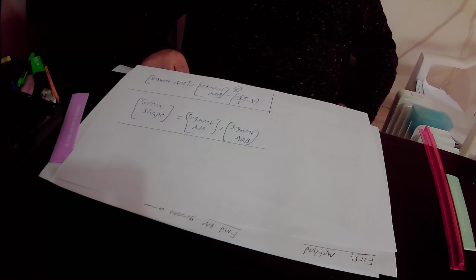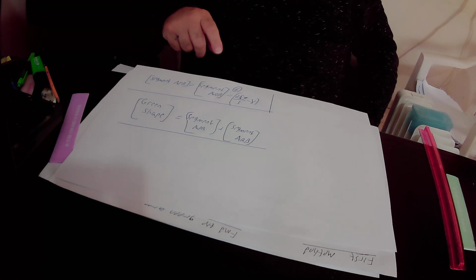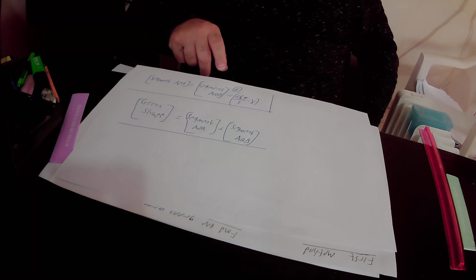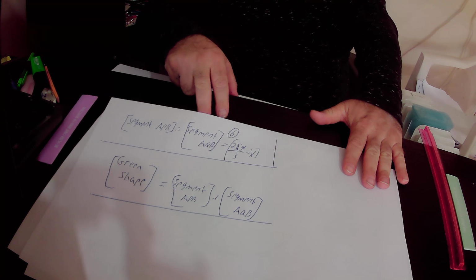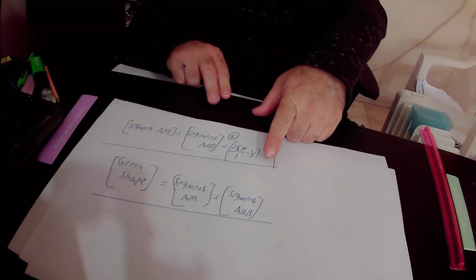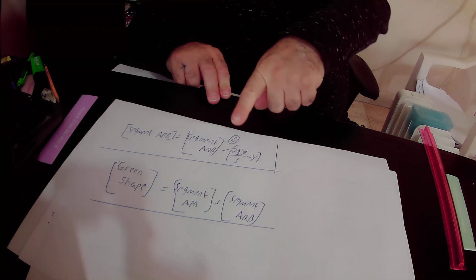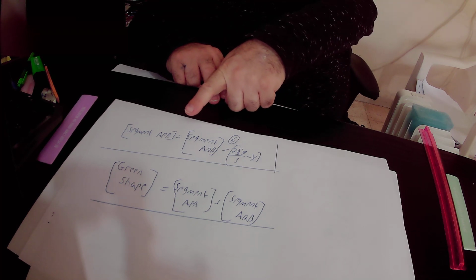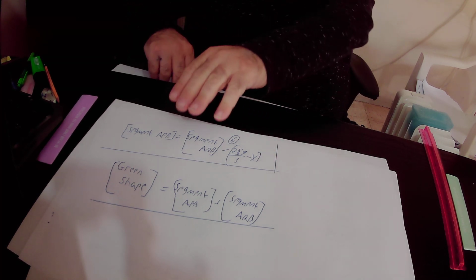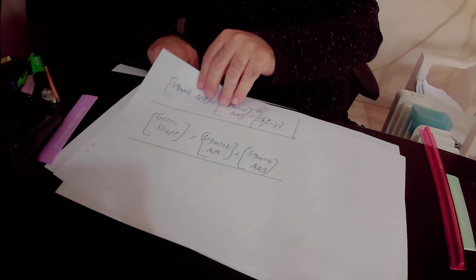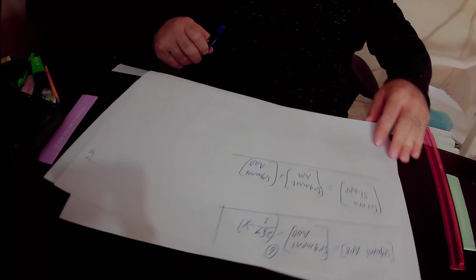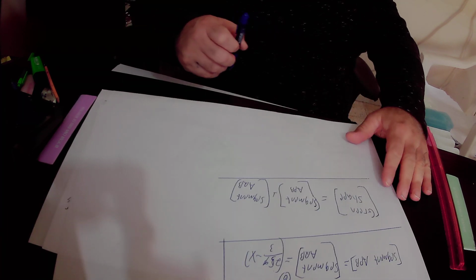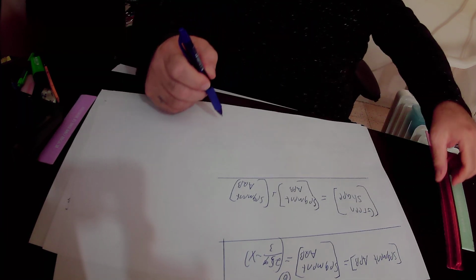But because of the fact that we found that the area of segment APB equals the area of segment AQB, we can substitute the area of segment AQB by the area of segment APB. Why? Because they are equal to each other. So we do it now, and we will get that the area of the green shape